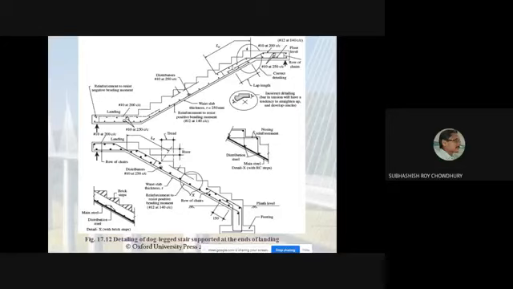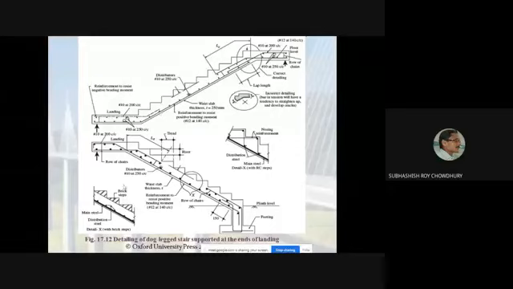So that is very important. Whatever steel you are providing here will be continued at the top face of the landing, and whatever steel you are providing at the bottom face of the landing will be continued up to this point and then bent, and then extended along the top face of the waist slab. And in this case, the top reinforcement that you are providing here will simply be extended here, and then extended to get the development length. So this is the idea.